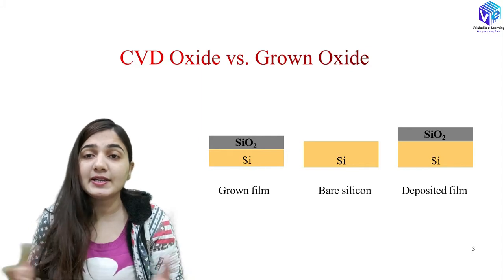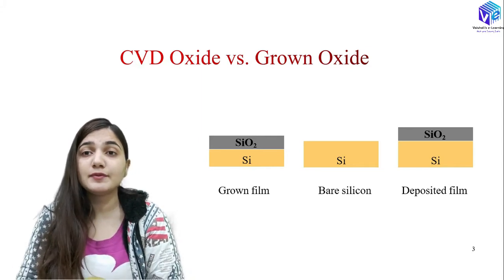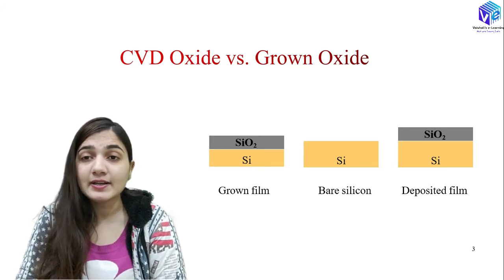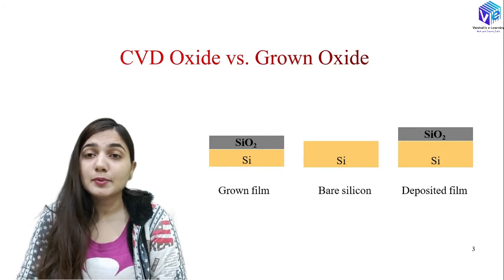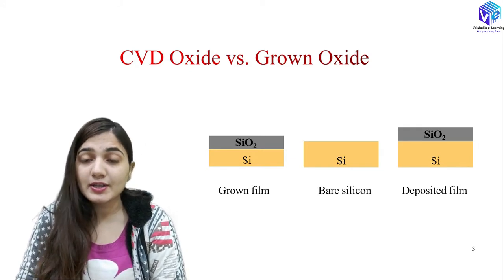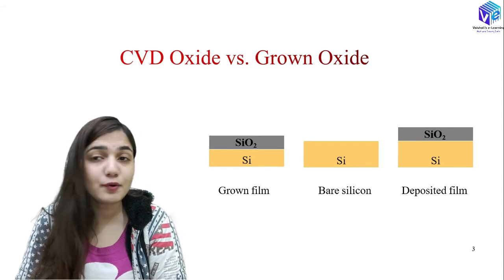If I have the epitaxial layer, which is a very high quality layer, and I want to grow the oxide layer over it, then it will be consuming the silicon from the epitaxial layer, which is very costly. We don't want this.